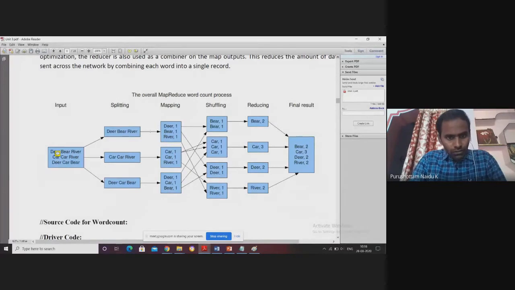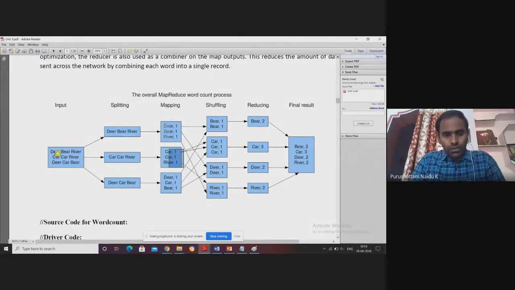The output of this map function is deer 1, beer 1, river 1. The output of this map function is car 1, river 1. The output of this map function is deer 1, car 1, beer 1. So we have 3 blocks of data, one map function is executed at each block, and this is the output of each map function.